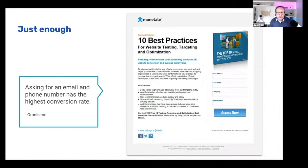That is all you need to start a relationship, folks, is a first name and email address. That's all you need. You can always ask for more information later. But I like this here, and depending on what industry you're in, financial services, insurance, you may be able to